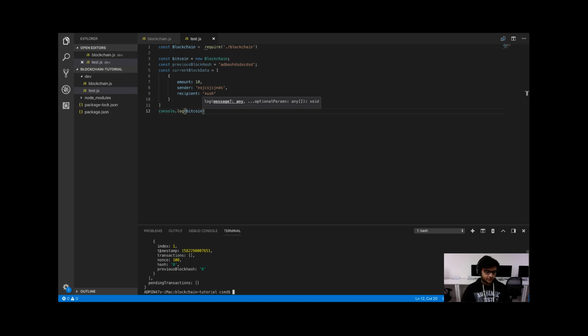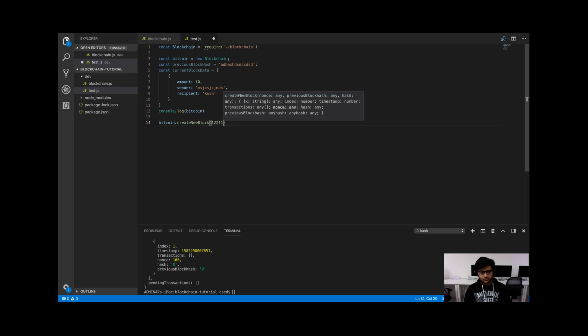So as you can see, the first block that has been added is a nonce 100 and hash 0. So this is the Genesis block. And after this Genesis block, you can keep on adding more blocks. So Bitcoin dot create new block, and we can add the random nonce, and we can add a random address,